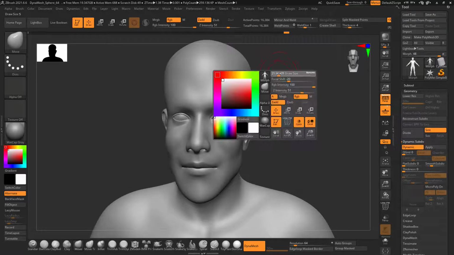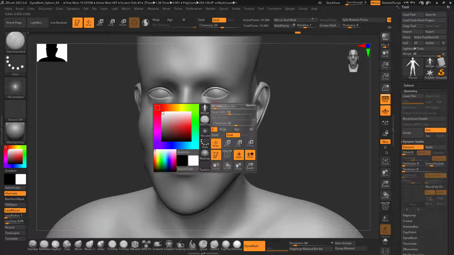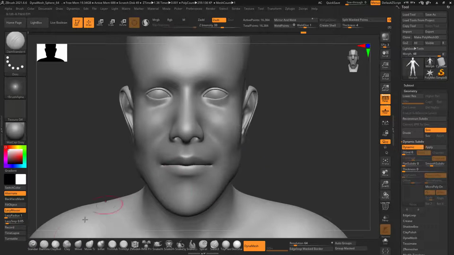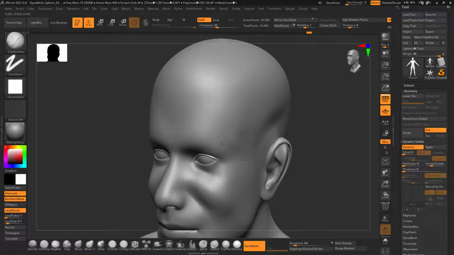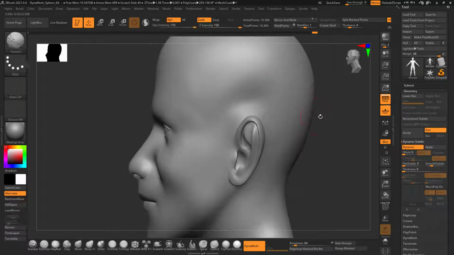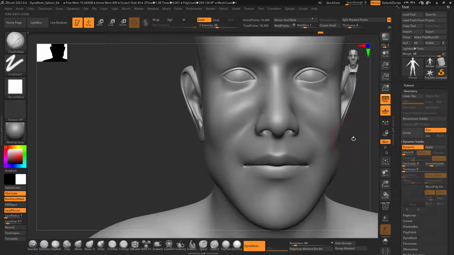So you can add the details, and as you can see, I have got more details to add. However, it takes a bit of time for ZBrush to update when you are in dynamic subdivision mode, but that's pretty obvious because it is recalling all the information and storing it in your base mesh.